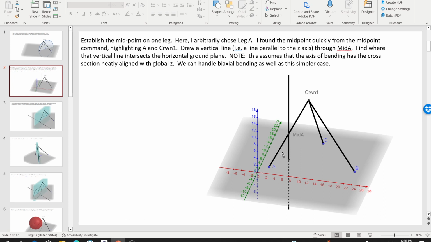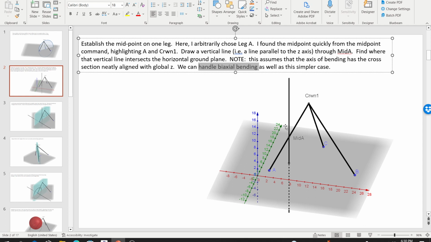And here the question is, what's the strong axis or what's the weak axis? If it's a circular cross-section, I think we're in luck. But if it's a rectangle, you need to align the axis of bending. Certainly we could handle biaxial bending here, but I'm just going to pretend that the bending is along this line, but normal to the cross section on a horizontal plane. I don't know if that makes any sense at all. I'll show it to you